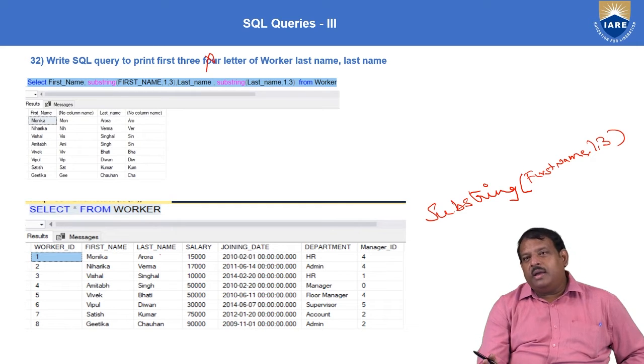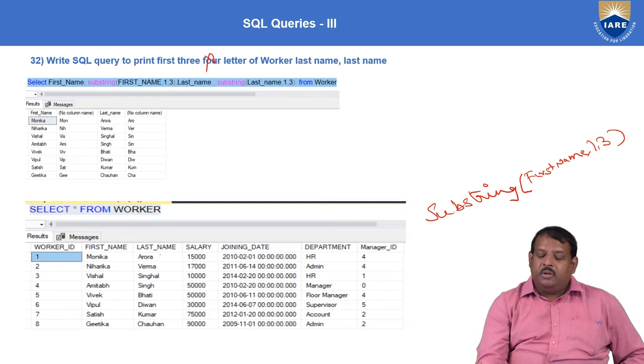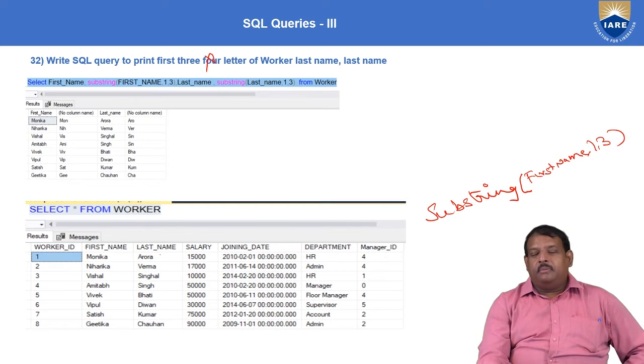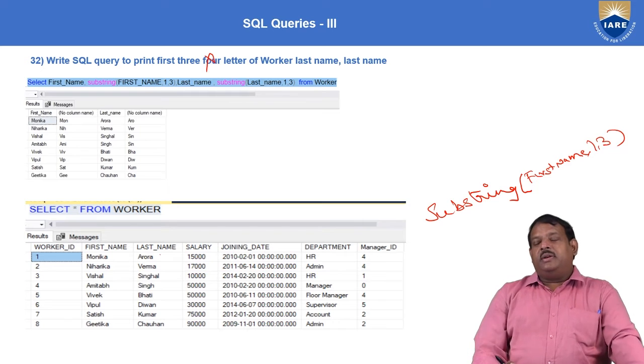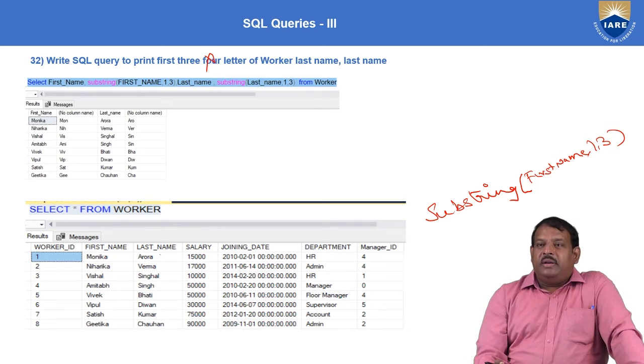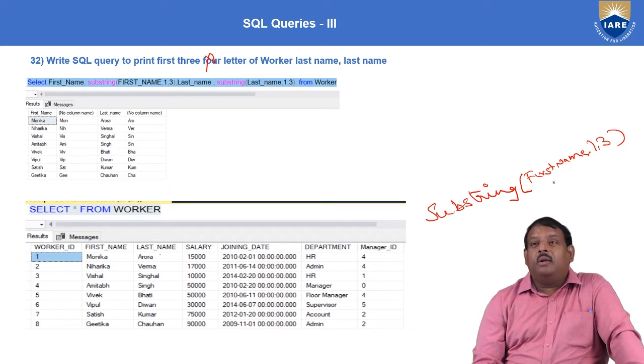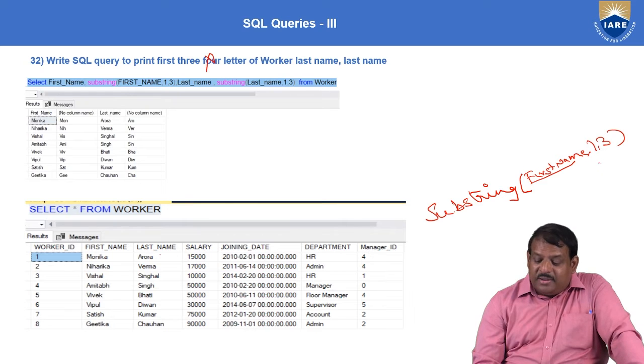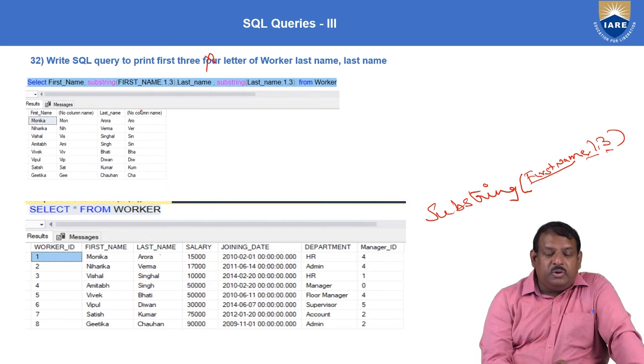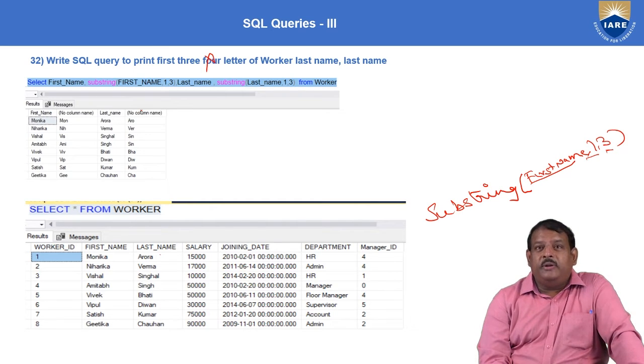It takes 3 arguments: the name of the column which you want to extract, where you want to start the extraction, and how many characters you want to extract. So here my question is to print three letters of the worker's last name.